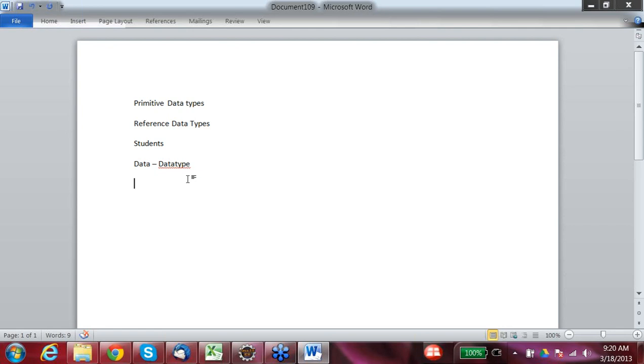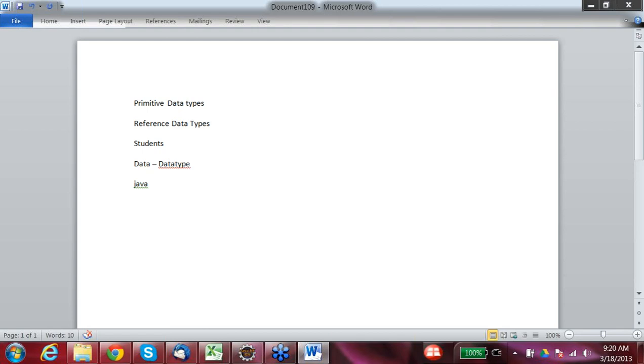Every data corresponds to some data type, and a programming language needs to know what data type is required, because every data type has certain characteristics or features. For example, in Java, what are the various primitive data types?